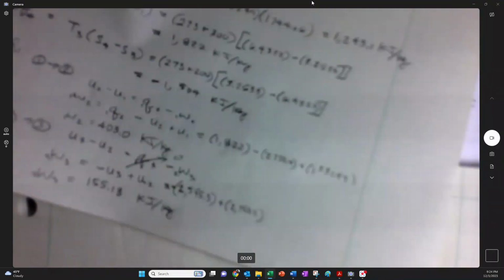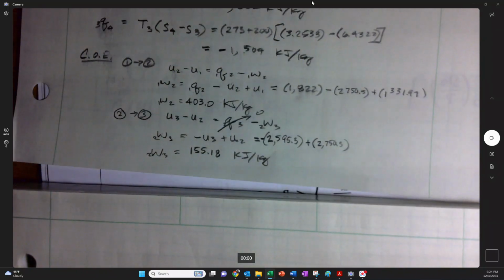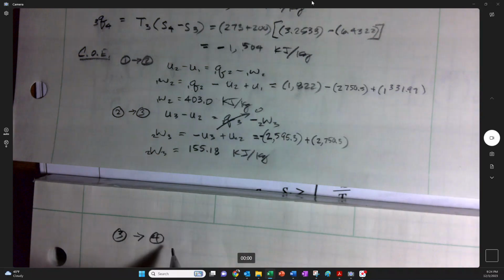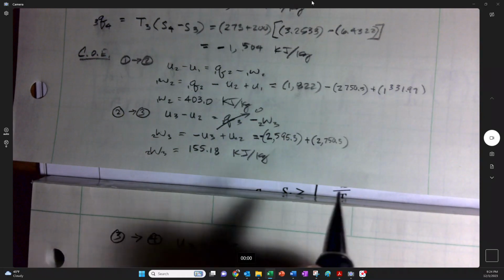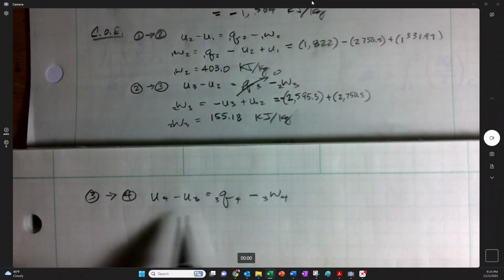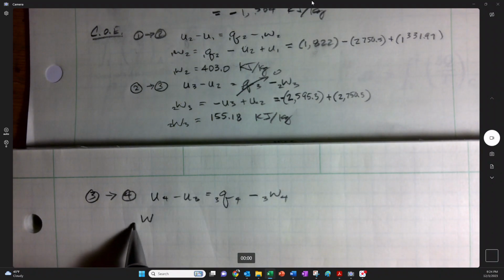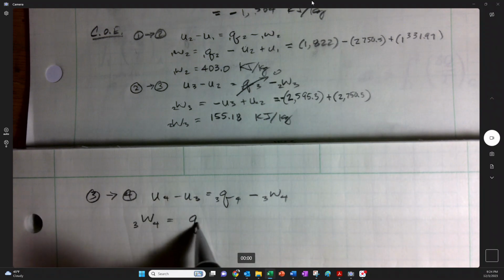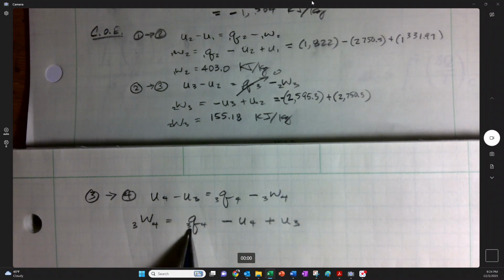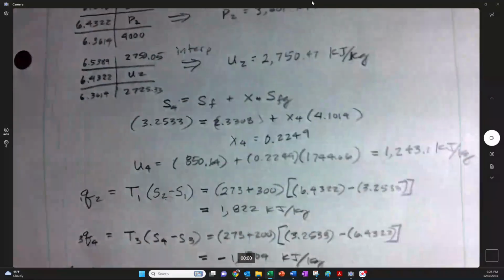All right, so just two more. Now we're going to go from conservation of energy and go from 3 to 4, and say U4 minus U3 is equal to Q 3 to 4 minus work 3 to 4. I'll rewrite this out as the work from 3 to 4 is going to be equal to the Q 3 to 4 minus U4 plus U3. And we already have that 3 to 4, although it's negative. Remember, we found it before right here. It's negative